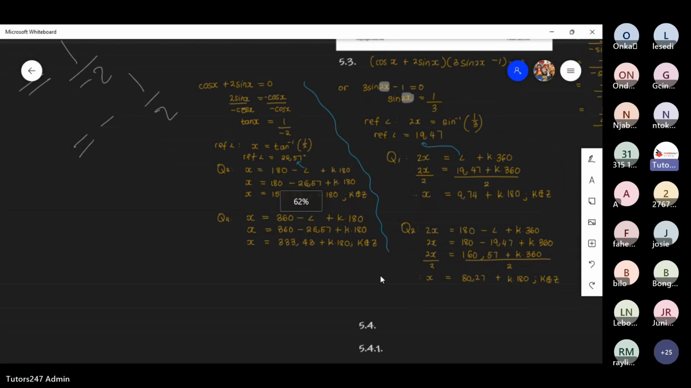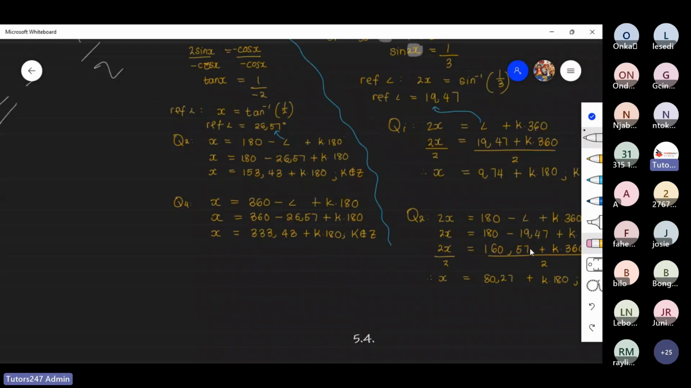So we'll get rid of this quickly. This is supposed to be 80.53, not 80.57, okay? Thank you, Kimberly, for pointing that out. So this is now going to be 80.53, and